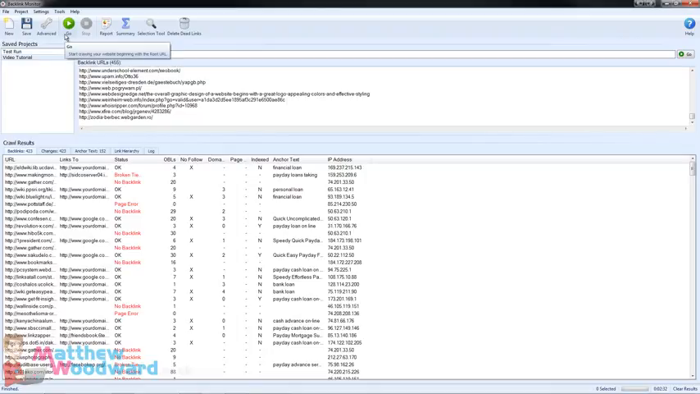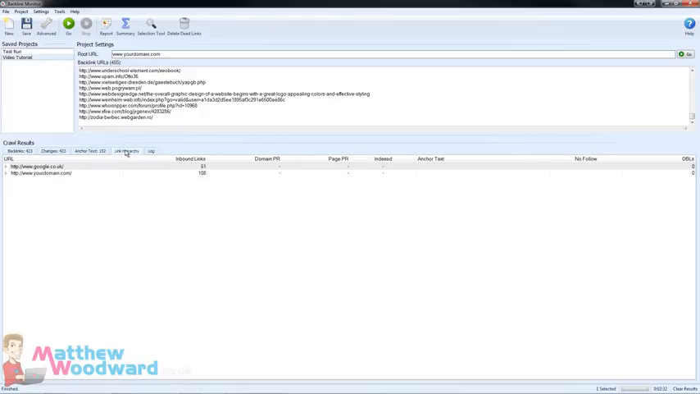Once you've done that, you can just hit go here, and it goes out and checks various things for each page. If the link's still alive, how many outbound links there are, if the link's nofollow, the domain page rank, the page rank, whether it's indexed in Google, the anchor text, and the IP address. And when the run's completed, if you come over to this link hierarchy tab, you can see here